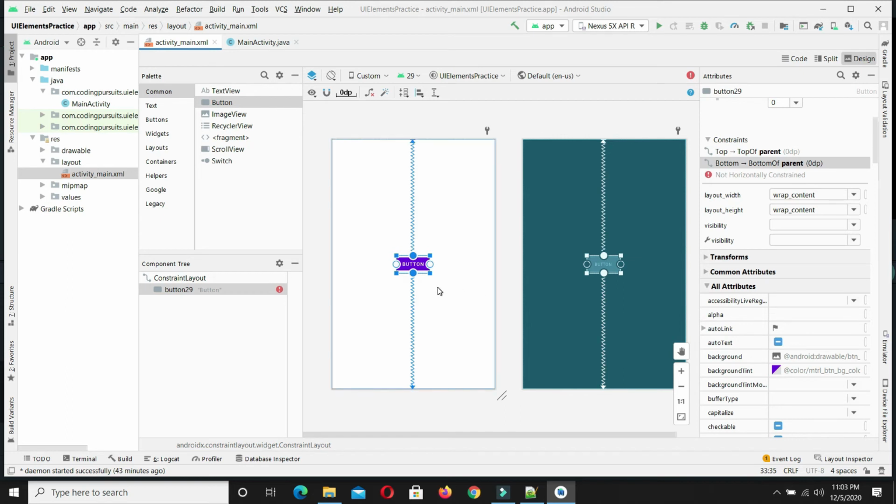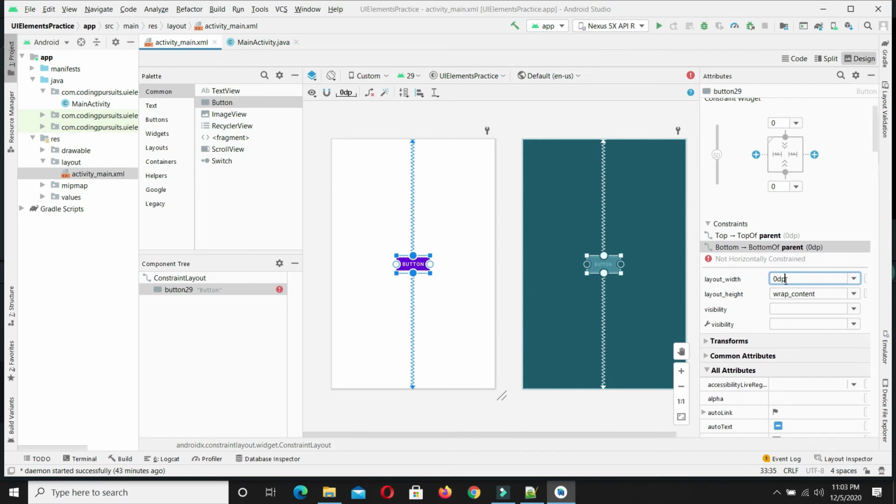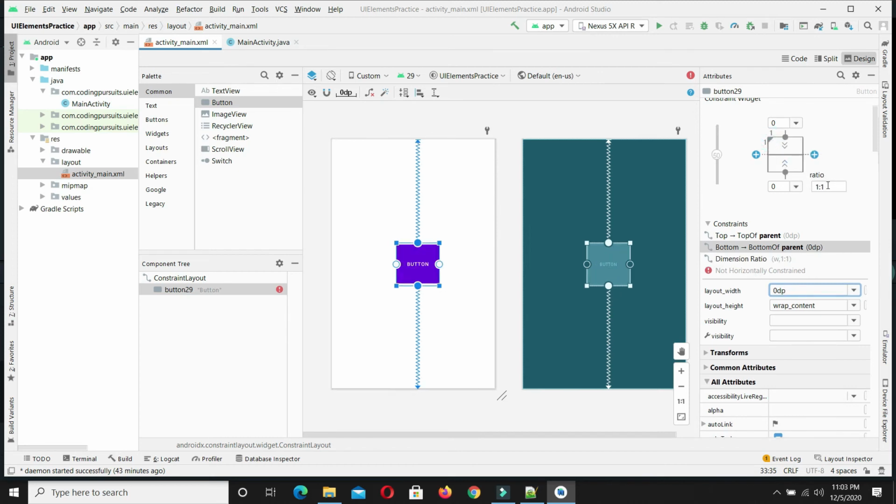I will achieve this by selecting the button, and from here I will select my width to match constraints. As soon as I have selected match constraints, I am seeing this symbol in the corner of this rectangle. Click on this. Now I have got the aspect ratio.